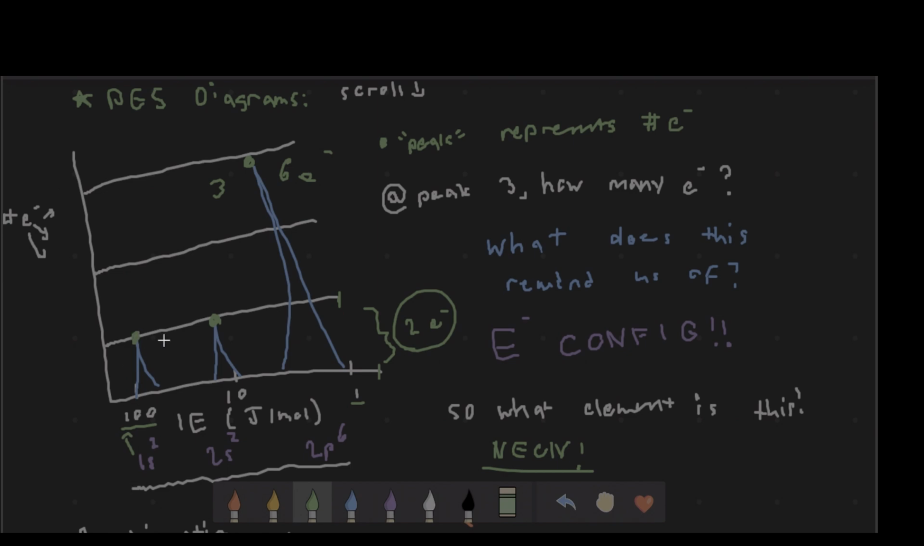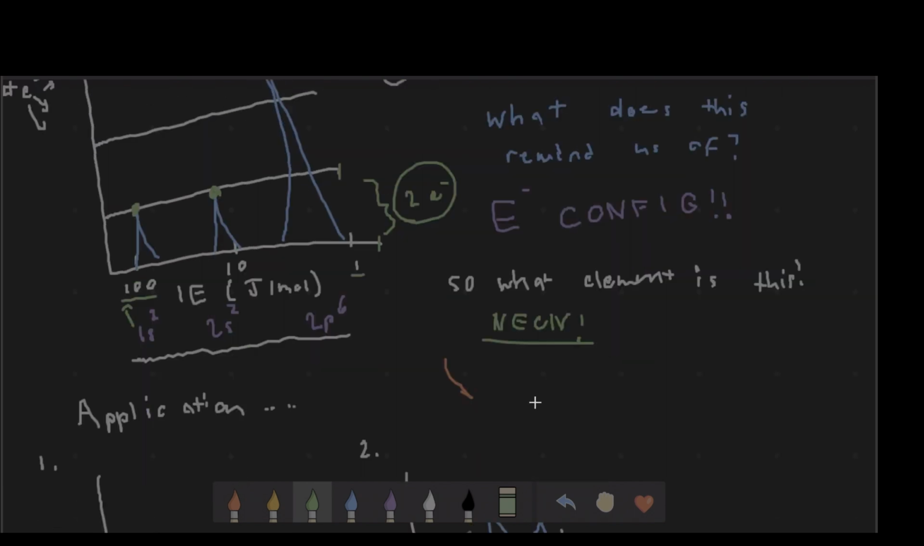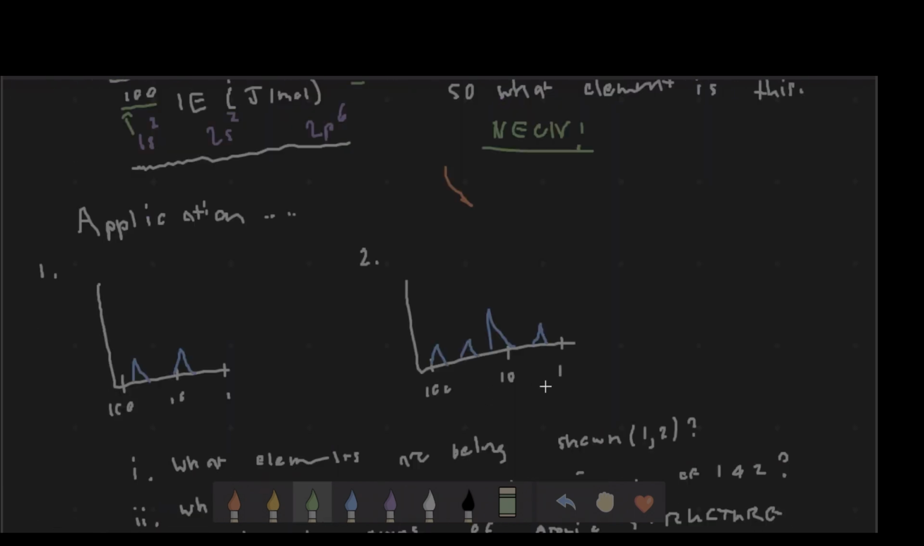And College Board is going to ask a lot of these questions, especially multiple choice, like what element or atom or ion does this PES diagram resemble? And you just need to pay attention to the amount of electrons present in the diagram, and you can basically make an electron configuration with that and then link it to the possible answers. So in terms of application,